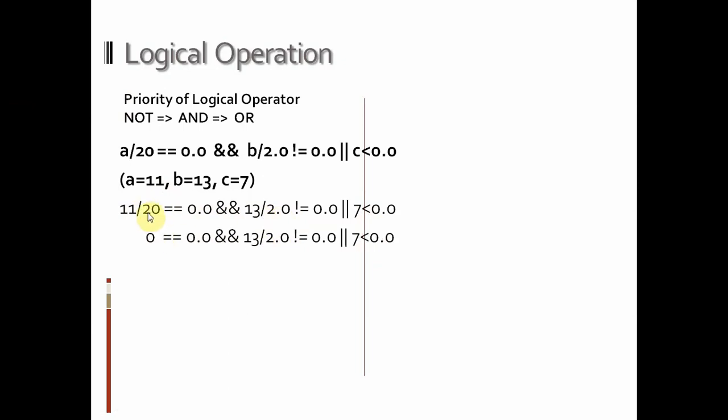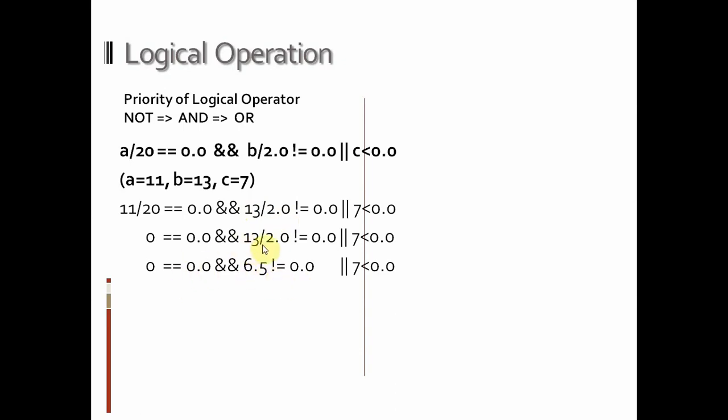It will become 0 because 20 cannot divide 11 and give a fraction, and none of them is a decimal value, so a decimal will not be returned. If it were like 20.0 or 11.0, in that case we could get a pointed result, but because both are integers, it will convert to 0. Now the second part will be solved. We can look here, this value is a decimal, so it returns a pointed value, that is 6.5.